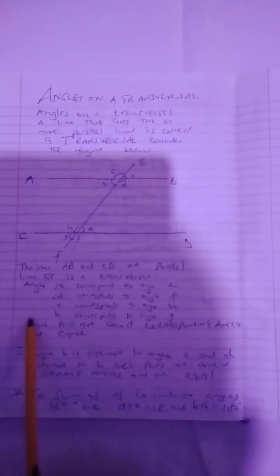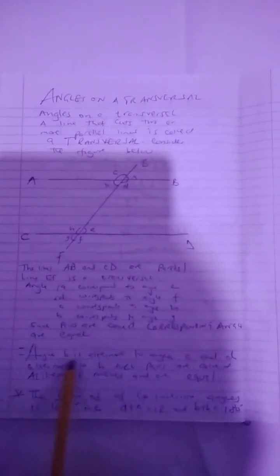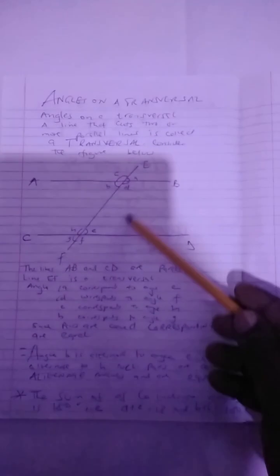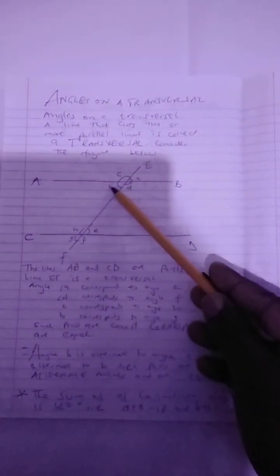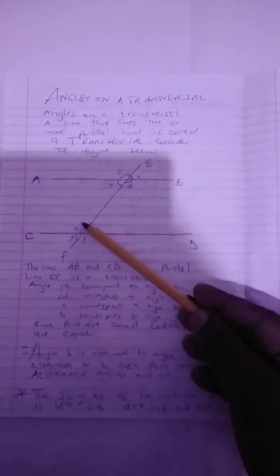And then another two pairs of angles are here. There are angles which are called alternate angles. For example, angle B, which is this one, is equal to angle E. And angle D is equal to angle H. Those two pairs of angles are called alternate angles, right? For example,